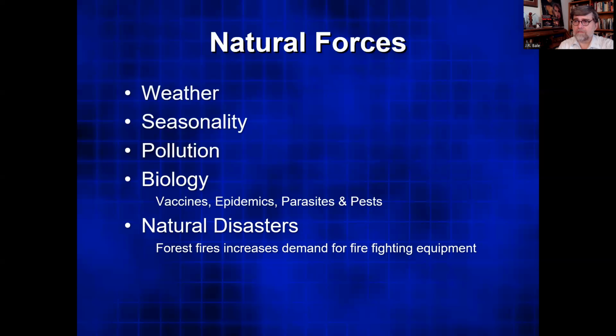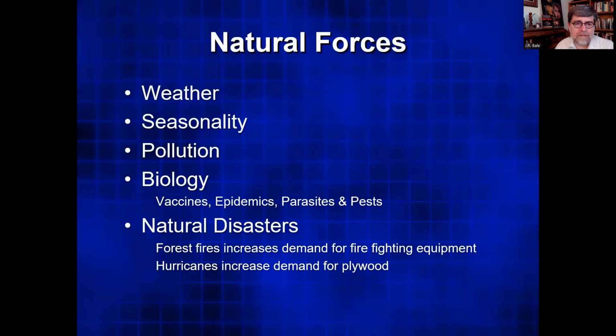This includes hand equipment, as well as things like special helicopters that can go over the Pacific Ocean, suck up water, and then carry it and drop it on forest fires, and other types of equipment. So, hurricanes also increase the demand for plywood. If a hurricane's coming, some people will buy plywood to put over their windows and doors, and after the hurricane leaves, maybe there are houses that are damaged, so people need plywood for that. And so I guarantee you, Home Depot stocks up on plywood when there are storms coming.